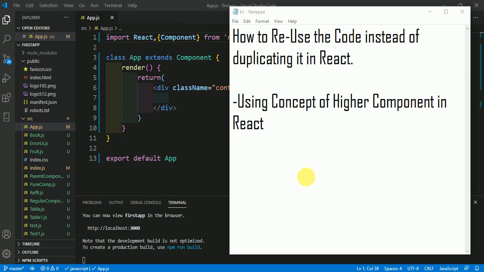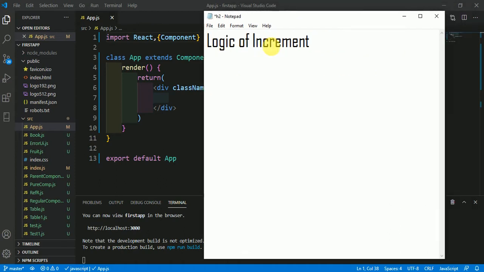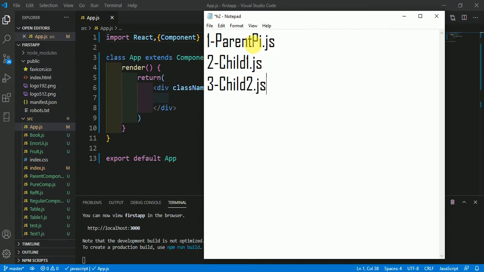In this video we will talk about how to reuse the code instead of duplicating it in React using the concept of higher order component in React. So we are going to make the logic of increment in our parent component and we are going to reuse that in our child components. So we are going to make three files: parent.pi.js, child1.js and child2.js.